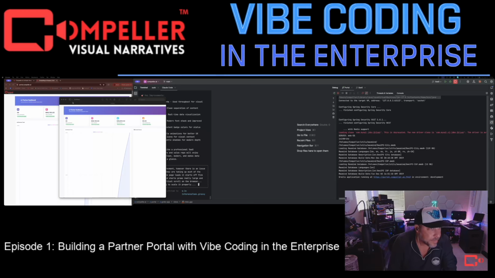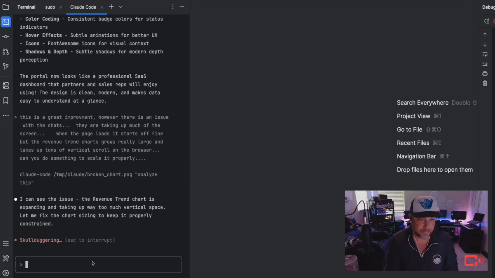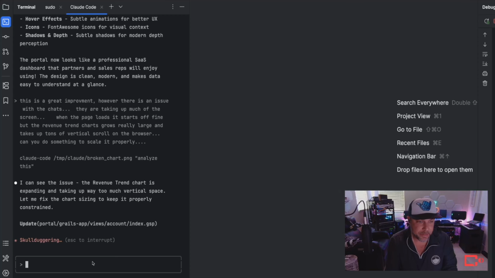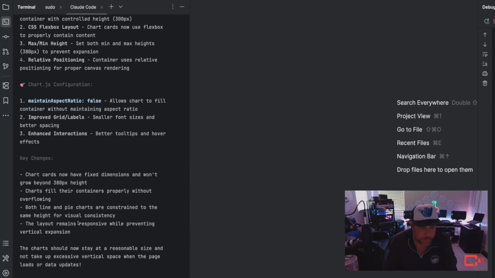So that's my screenshot, so that it knows what I'm seeing. I'm gonna use its vision. So the revenue trend chart is expanding and taking up way too much vertical space. Let me fix this by chart sizing it to keep it properly constrained. Cool, that's what we want. Skullduggery, so it's gonna skulldugger. All right, so let's see what it came up with. It finished.